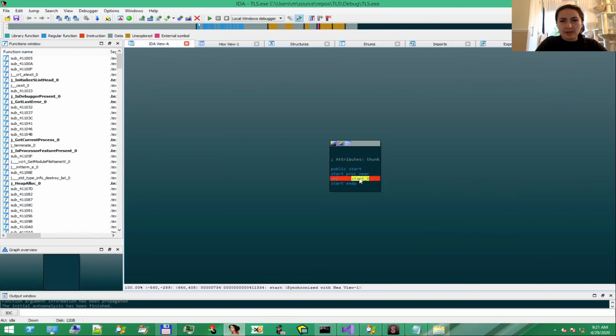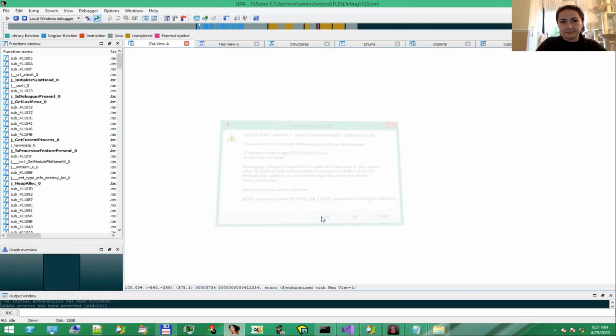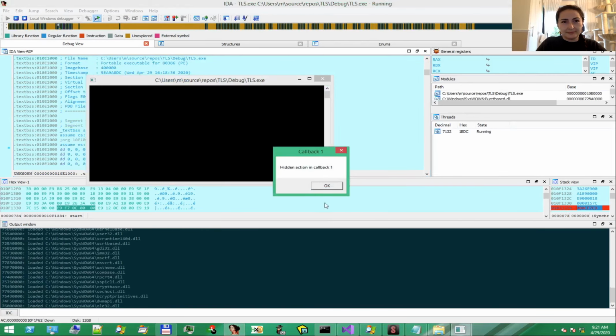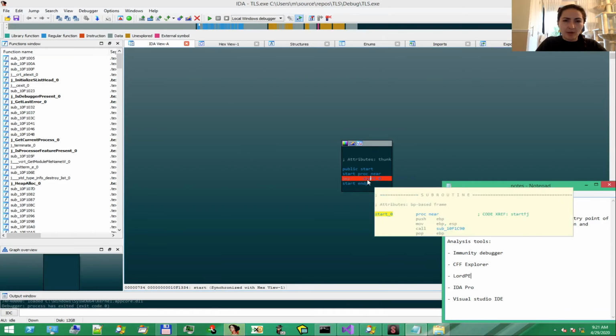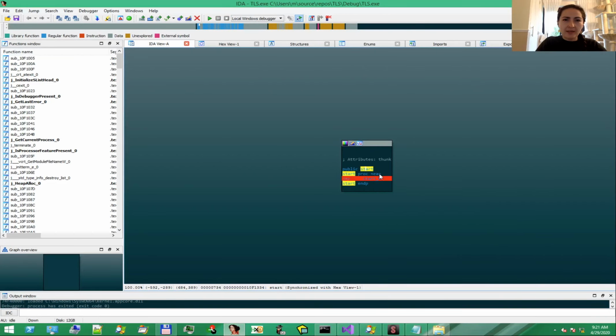Set a breakpoint here and start the debugger. Exactly as before, two TLS callbacks and the application terminates before hitting our breakpoint. Let's verify that this is indeed the entry point of the application.